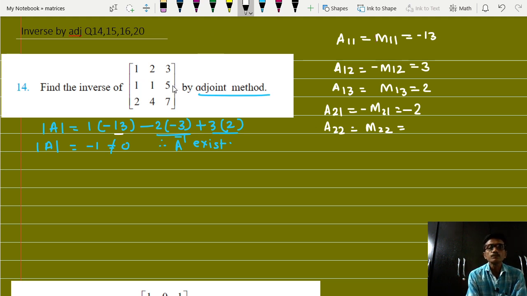डिलीट द एलिमेंट ऑफ ये सेकंड रो और सेकंड कॉलम 1 3 और 2 7, तो एक्सपेंशन क्या होगा इसका 7 माइनस 6 दैट इज 1, फिर a23 इज इक्वल टू माइनस ऑफ m23 विच इज सेकंड रो और थर्ड कॉलम डिलीट करना है 1 2 और 2 4, तो ये 4 माइनस 4 0 आएगा, ओके इट इज 0, then next is